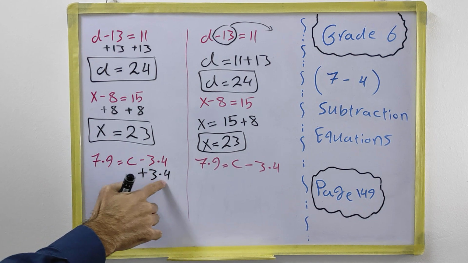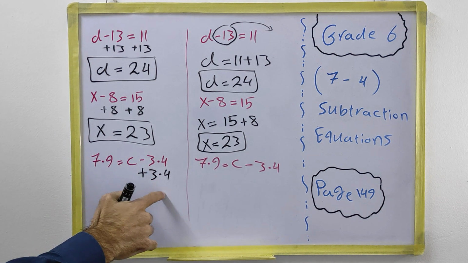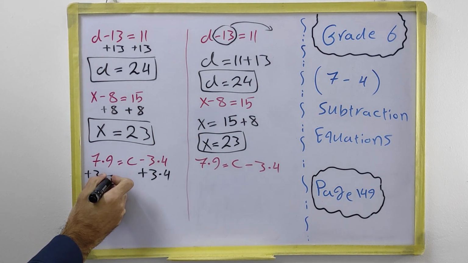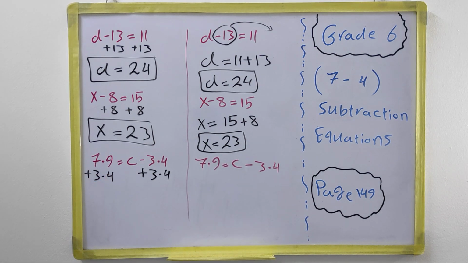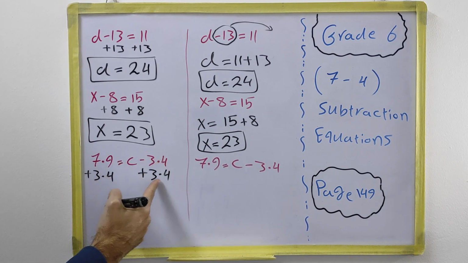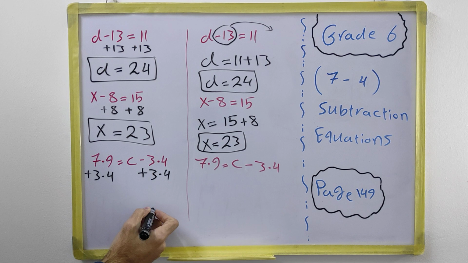Always we focus on the number with the unknown value. If it's minus, we will put plus of that number. If it's plus, we will put minus of that number. We will get the result. Plus 3.4. In this side, minus 3.4 plus 3.4 will be 0. They will cancel each other. C equals